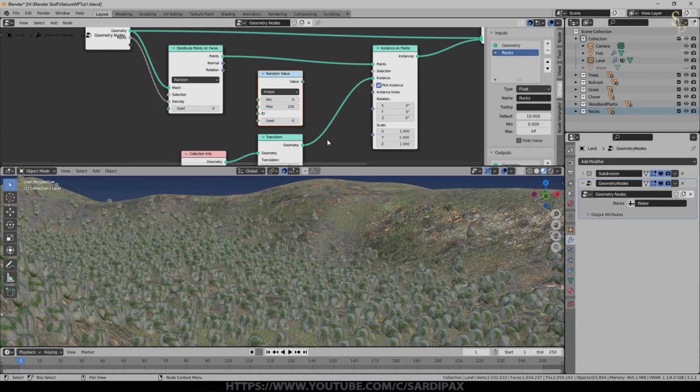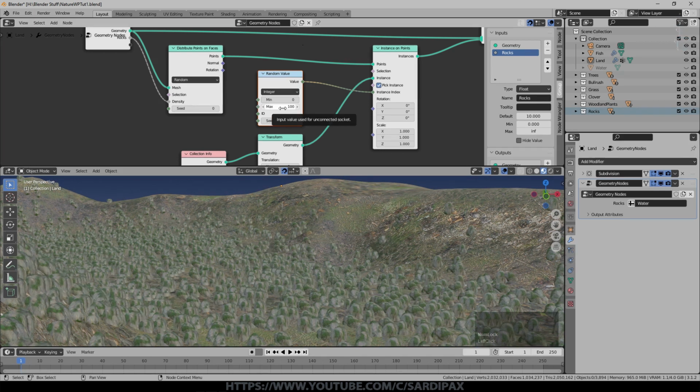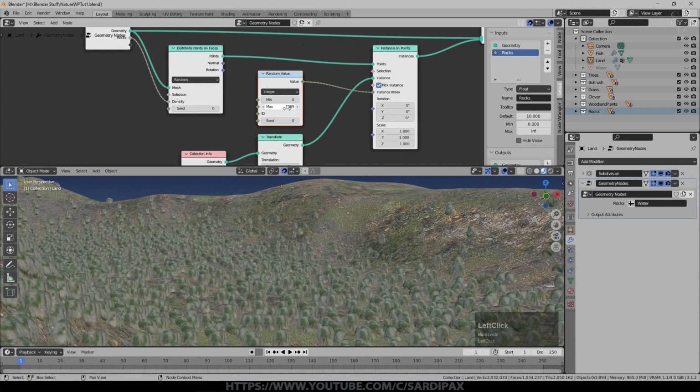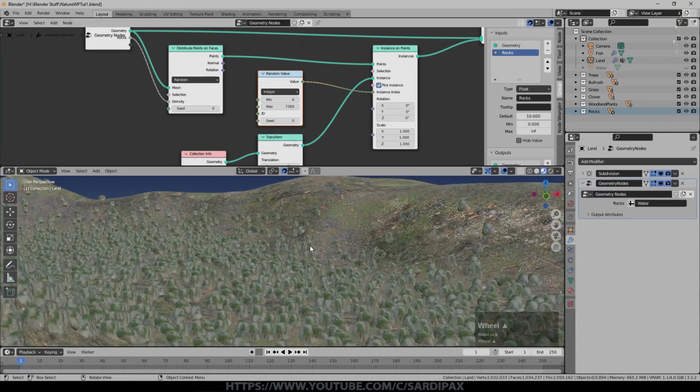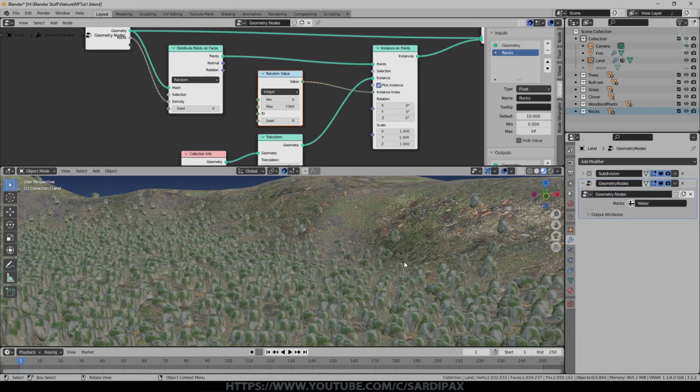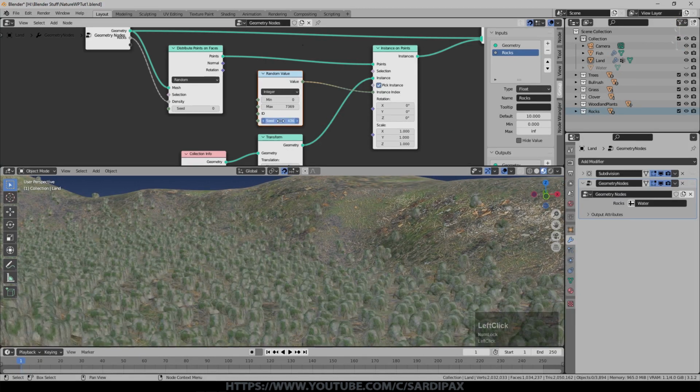So the instance index, each of those rocks has a number, which is an index number, which identifies which rock it is. So if I put a random number into there, and you can't be sure where that index has started, so you just make it a big number, and then you can be sure you will be selecting one or more of the rocks. And now we should be getting different rocks being selected based on the seed and so on.